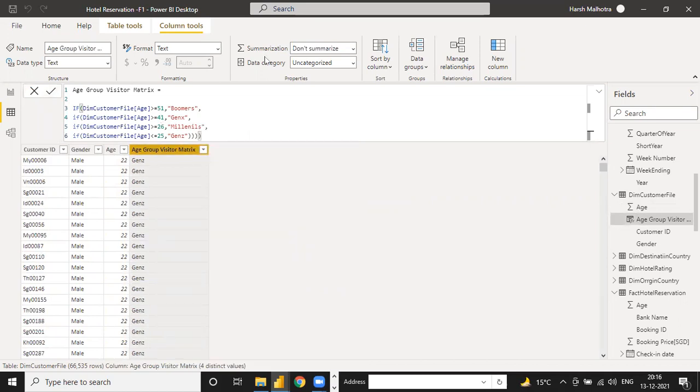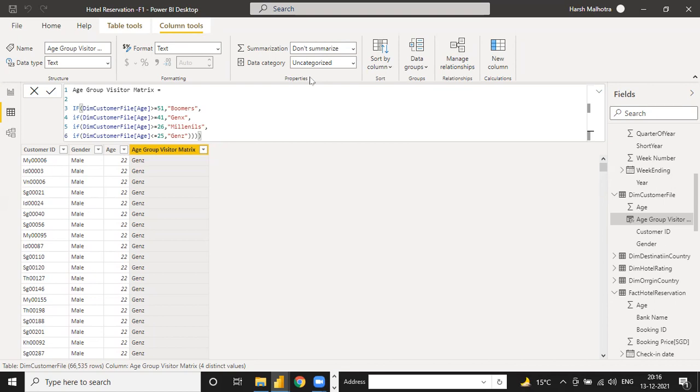Yeah, any? Harsh, I think we have to put the function as greater than or equal to 41 and less than 51, like that. We have to put it in between, greater than 41 and less than 51. Correct or not? Is this function correct or not? Yeah, this function is not correct. Like here we have greater than or equal to 41, which means, as you said, we will get gens instead of boomers, even though it's greater than 51. Right.